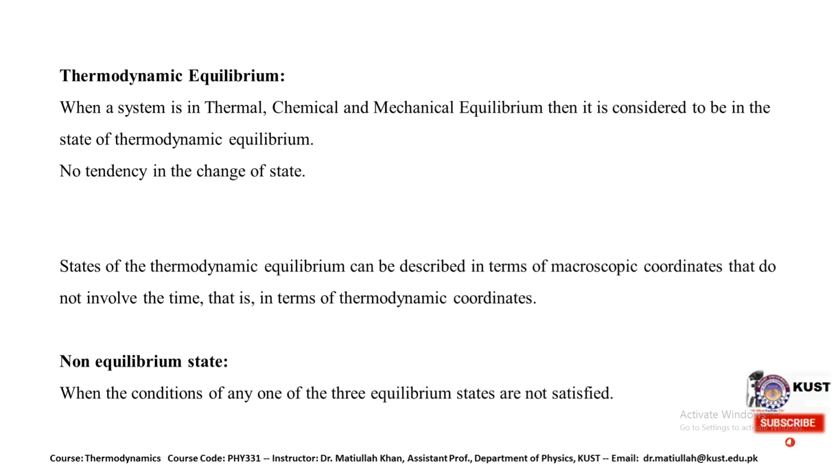If there is a system which is at the same time in thermal equilibrium, chemical equilibrium, and mechanical equilibrium, then we can say that this system is in thermodynamic equilibrium. So the thermodynamic equilibrium is a combination of thermal, chemical, and mechanical equilibrium. All these equilibrium states should be achieved at the same time. In that case we can easily measure the properties or the macroscopic parameters